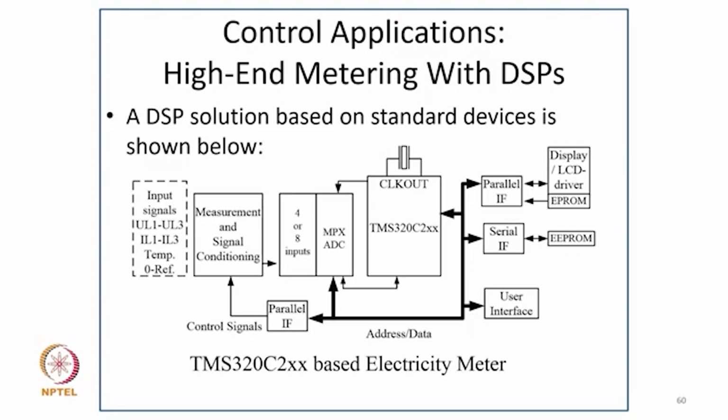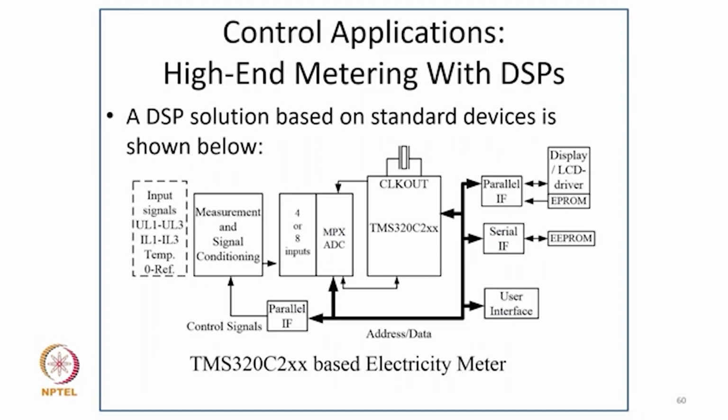the current. So, high-end metering with DSP: a DSP solution based on standard devices is shown here. So we have input signals from UL1, UL3, temperature L3, and measurement of 3-phase voltage, 3-phase current, temperature and reference, and measurement of signal condition. Then it goes to a 4 to 8 input MUX multiplexer, then the DSP, with the clock, the TMS320C2XX, and then we have an interface with the parallel interface, then serial interface and user interface,